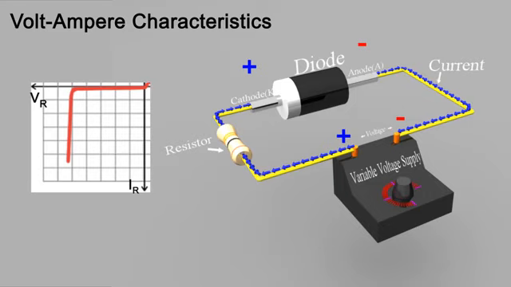Reverse characteristic of a diode. Reverse characteristic is a graph of reverse voltage VR versus the reverse current IR. Current flowing through a diode in the reverse bias state is of very small magnitude, in the order of a few microamperes. This is the reverse saturation current, which flows due to the minority charge carriers. Therefore, it is treated as negative current. Hence, the reverse current appears in the third quadrant.